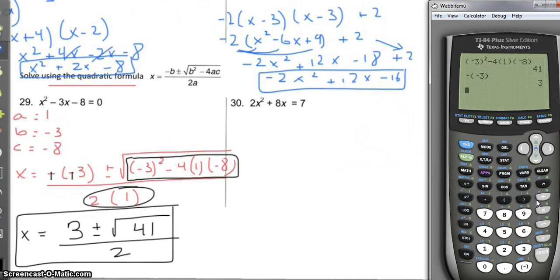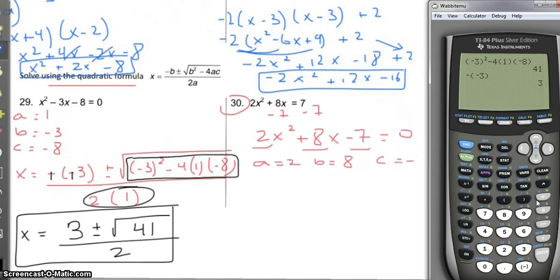Now let's look at number 30. The first thing you should do is change it to standard form. You cannot have a 7 over there, so you need to subtract 7 from both sides. Write them in order. The x squared comes first, and then the x, and then minus 7. Decide what your a, what your b, and what your c is. So a is 2, b is 8, and c is negative 7. Now use the quadratic formula. It's negative into negative,